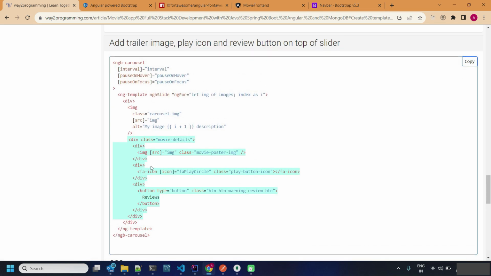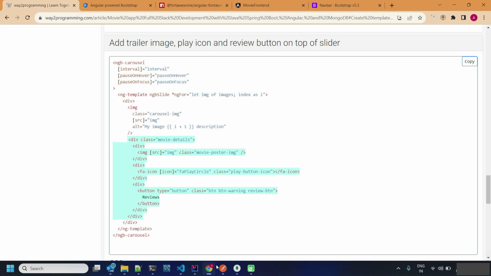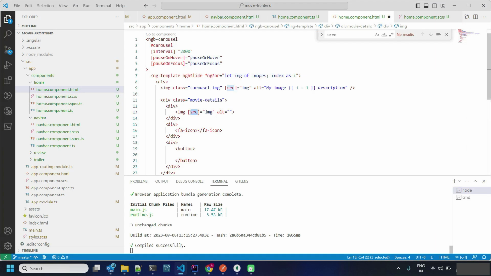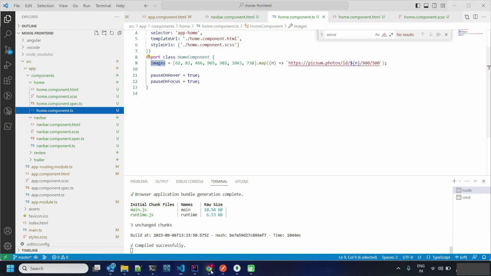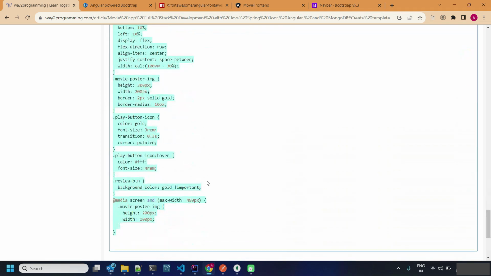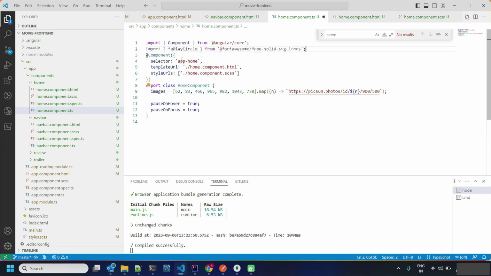So if you see, we want to show the poster, right? So currently let's bind this image to the poster also. Poster means we are talking about this area. So the image has a source, and we need the play button icon. To insert the play button icon we need the free solid icons, right? Free SVG solid icons. So the free solid SVG icon, and it will have the FA play circle. Copy this code, go to our home component, paste here,